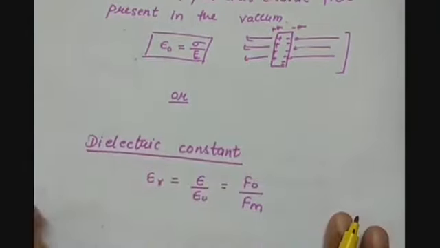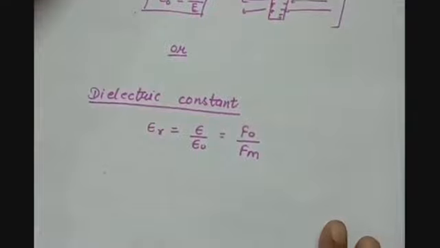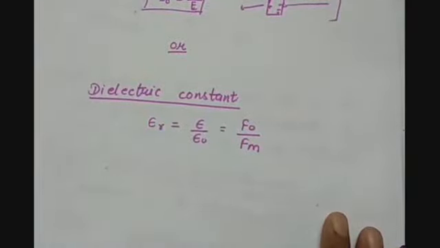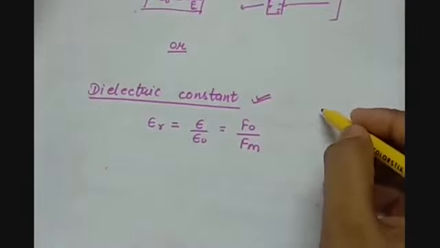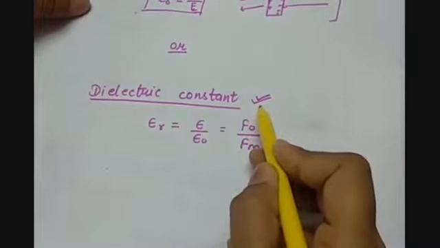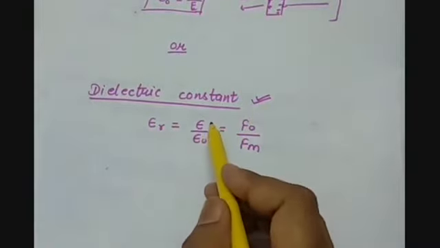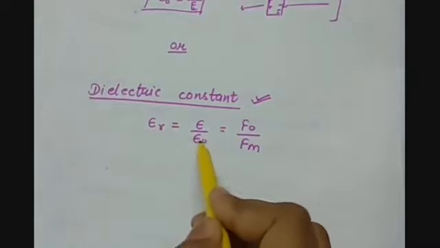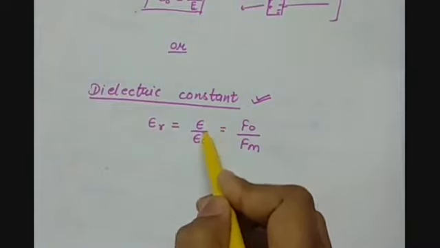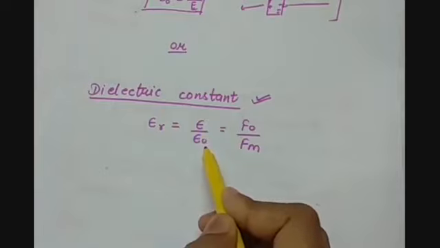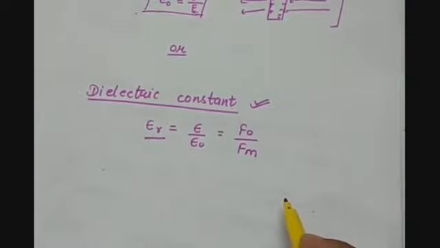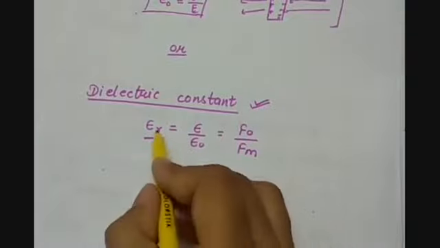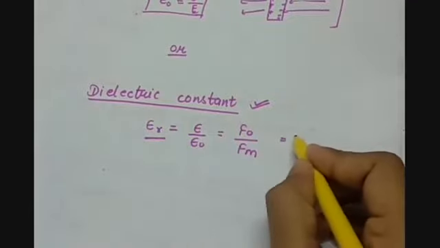One more way, which you will learn in the next question when we do Coulomb's law, is that you will understand that this epsilon is basically related to a dielectric constant. We talked about dielectric materials. The ratio of the permittivity of the medium to the permittivity of free space is called relative permittivity. It can also be called the dielectric constant of a medium, or it can be written as K.